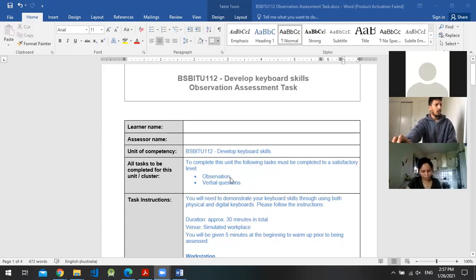Before that, I would like to ask if there are any adjustments or special needs that I can help you with. Just because I have a hearing problem, if you can clarify during the scenario.